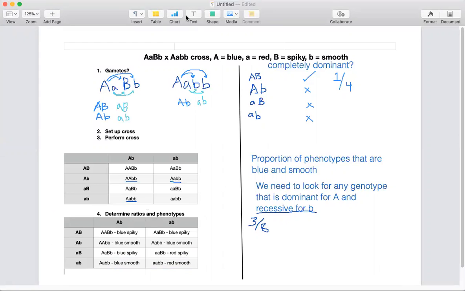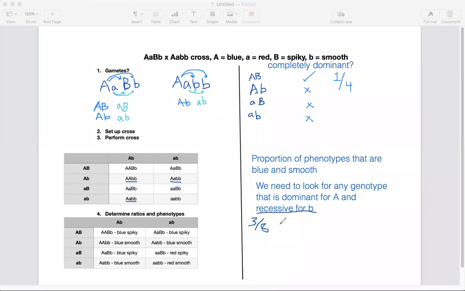And lastly, let me just go over another question that you might get, I guess, what proportion of the phenotypes are parental? Or sorry, genotypes. In essence, I could definitely ask you for the phenotypes that are parental, and what parental means is just, what genotypes or phenotypes are the same as the parents, right? So in this case, we know this first one would be blue and spiky, and this one on the right would be blue and smooth, right? And so anything that has the same phenotype as that would be considered parental,